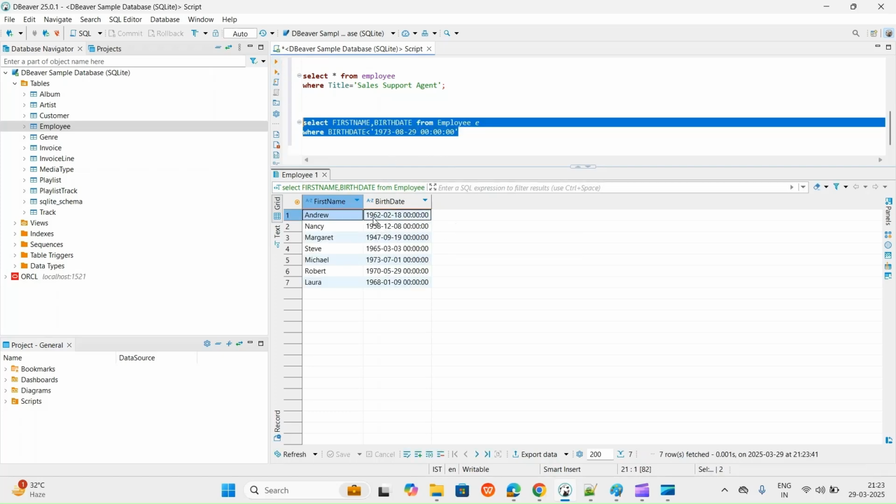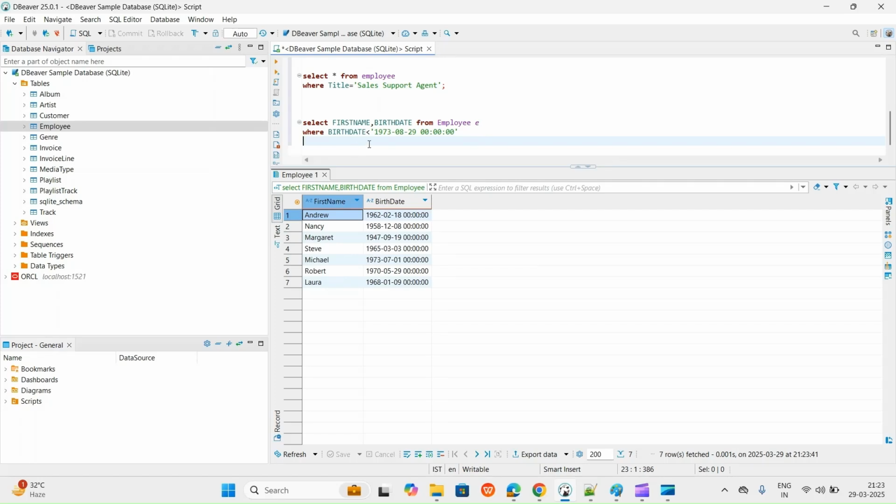See, now we can see we have different employee information available, which are less than this birth date. So here we can use the operators equals to, greater than, less than, greater than or equals to, not equals to. And if I want to not see this information, let's say I'm not okay to see